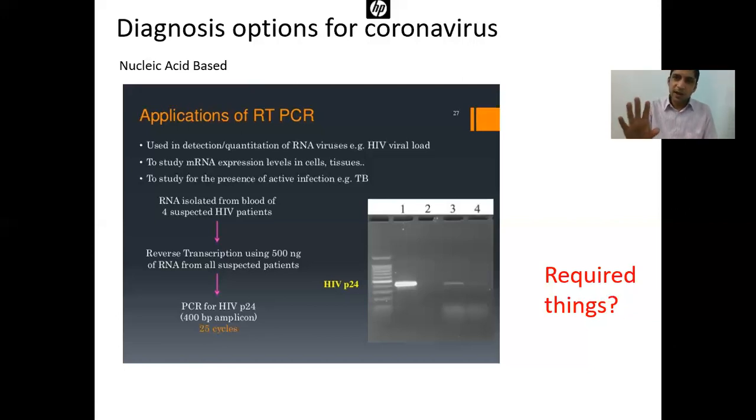By the way, I told you at the start that I will teach you all the complications, and I will be teaching you how to design primers in the upcoming lecture as well. So you can have your own coronavirus kit. You can also propose it, and you can be a star nowadays. Somebody who doesn't understand what you have created may highlight you more than you actually are. So these are things you need to know.